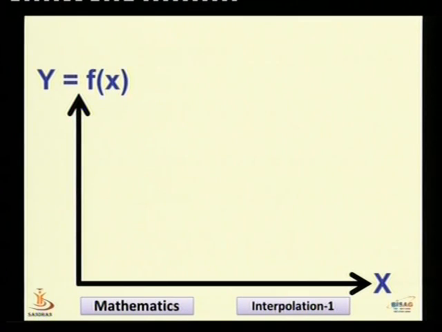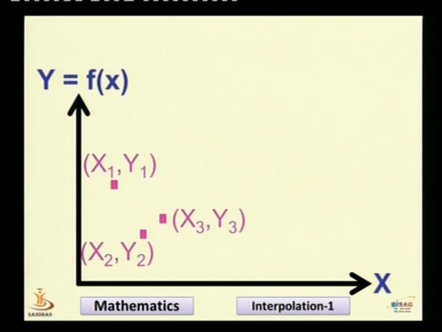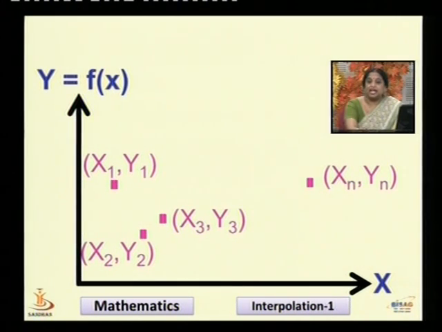Let us understand this in a better fashion through a graphical representation. We have got the x-axis, which shall represent the values of x, and the y-axis that represents the values of y, which is a function of f(x). Let us consider the n data points that we were talking about. When we plot these data points on the graph, we can see that they are scattered. We have got n data points, x1, y1, x2, y2, x3, y3, and so on, xn, yn.